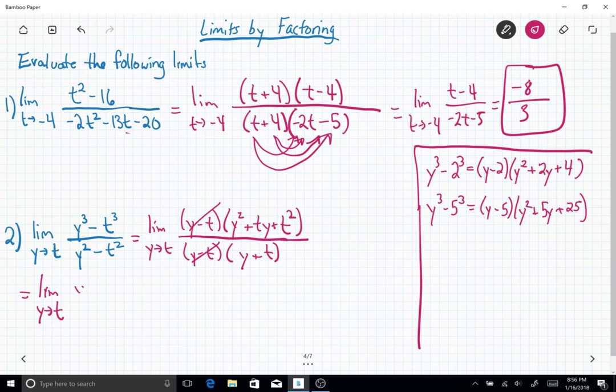So we are left with y squared plus ty plus t squared. And now I know a lot of people might be tripped up on this part too. What's our variable? Well, our variable is y. It's always the first thing that's involved with the limit. So we're going to plug in t wherever we see a y. So what does that mean? Well, it means we get t squared plus another t squared when we go t times y, plus another t squared. And hopefully you can recognize how many t squareds there are. And down below you have t plus t. Okay, so that makes 3t squared